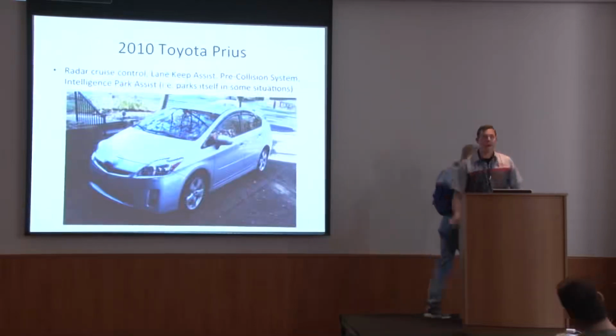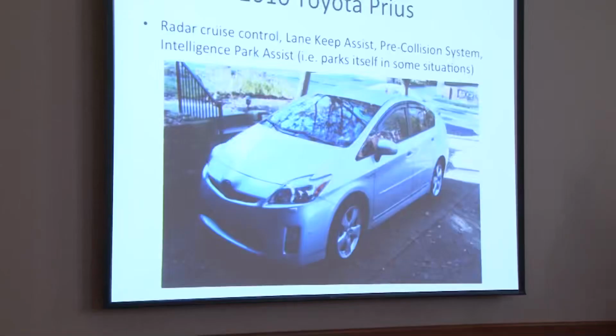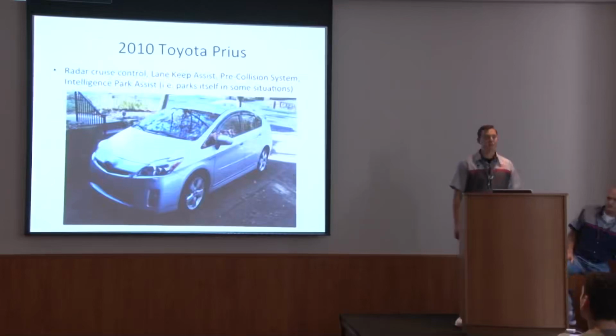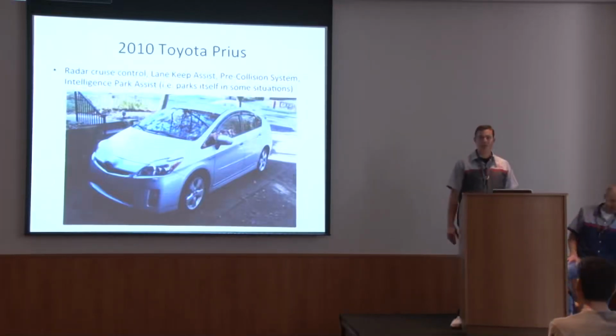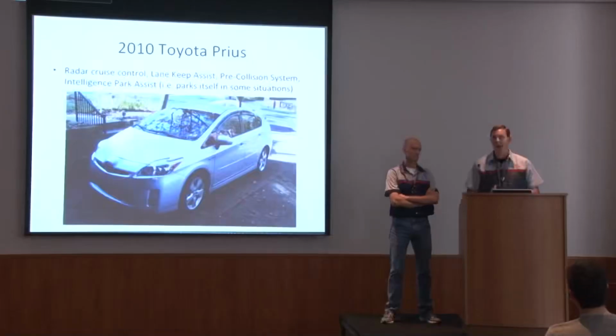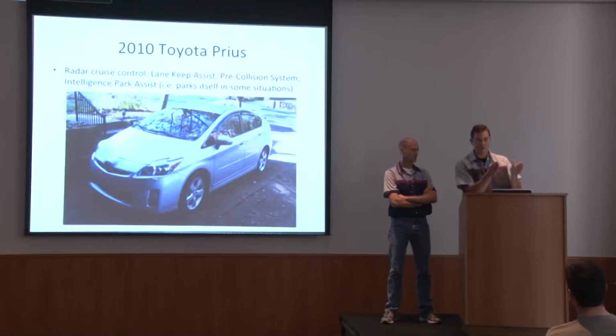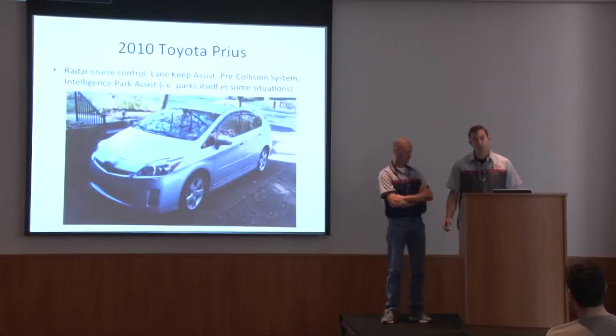The car that I had was a 2010 Toyota Prius. This Toyota Prius had almost every technological package you could get on a Prius in 2010. So it had radar cruise control, which means the car would slow down if it was coming up on another vehicle. It had a thing called lane keep assist, where it knew if you were going off the road, it would correct the wheel for you. Pre-collision system, so if it really thought you were going to collide with something, it would apply the brakes for you, even if your foot was on the acceleration pedal.